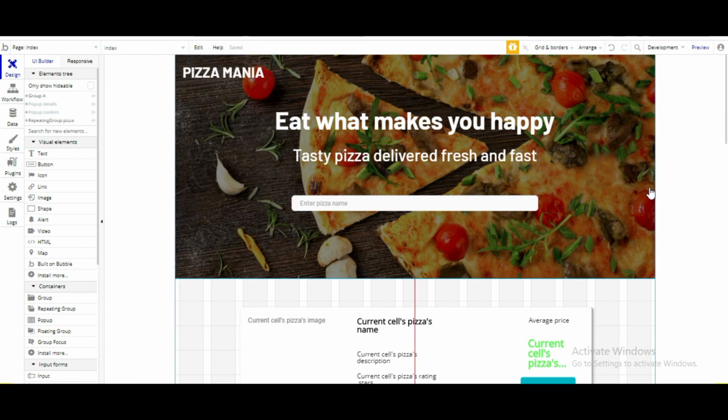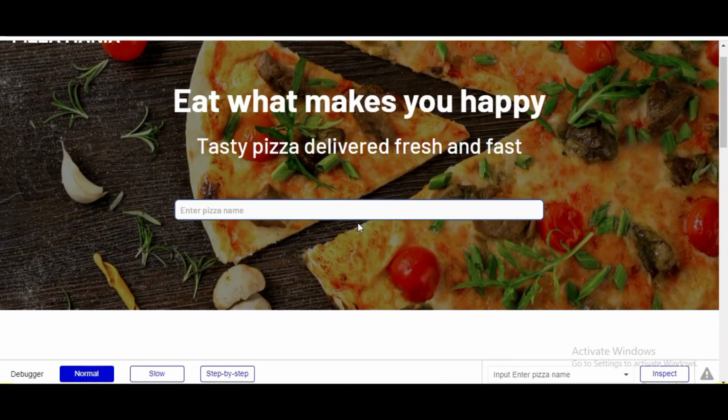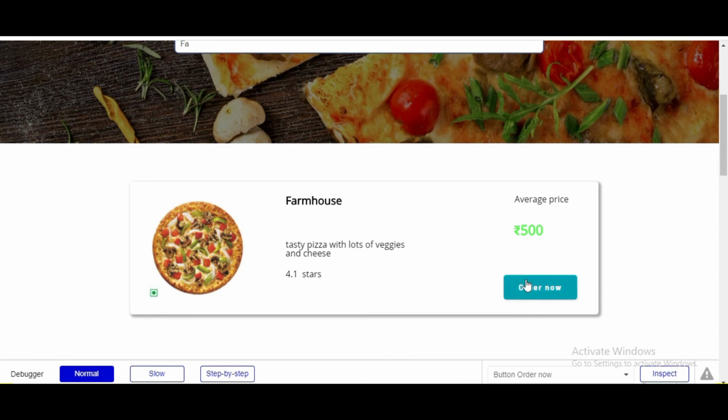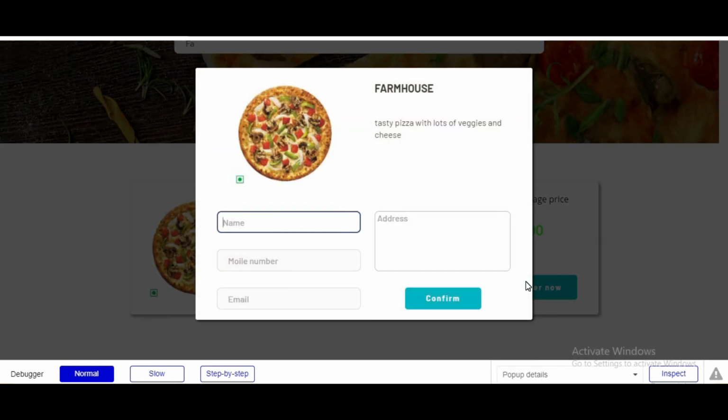Now let's preview and see if things work. So let's enter any name. So here we have farmhouse. Click on this button order now. See, as we clicked on farmhouse, only the name farmhouse and its detail which we entered in the database appears here, and the image of that particular pizza only.